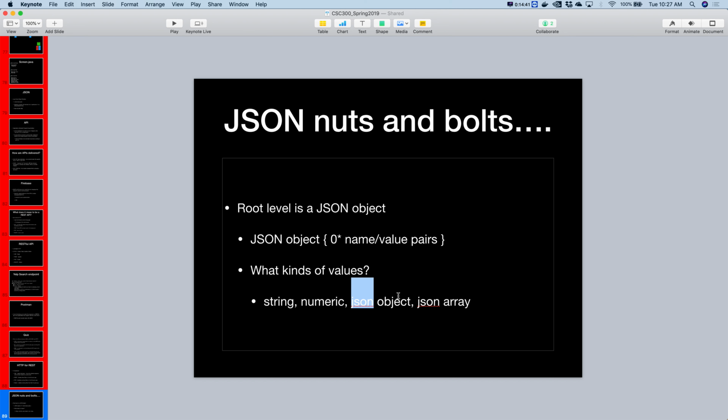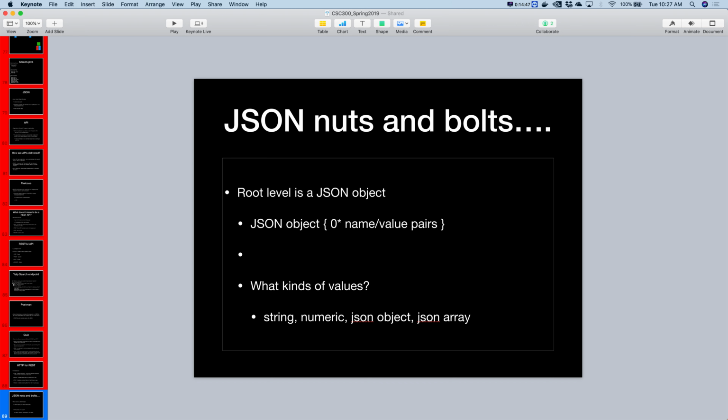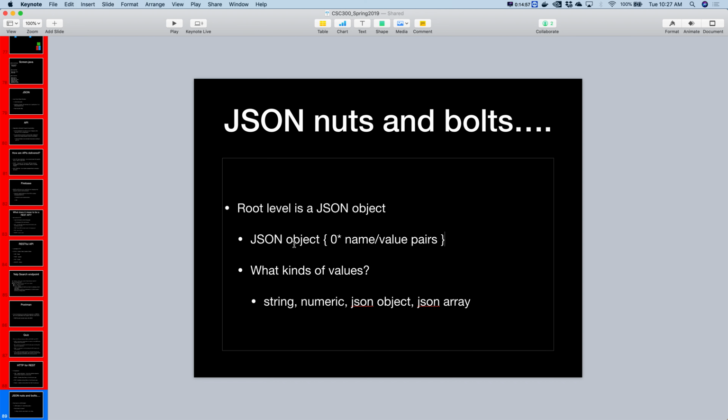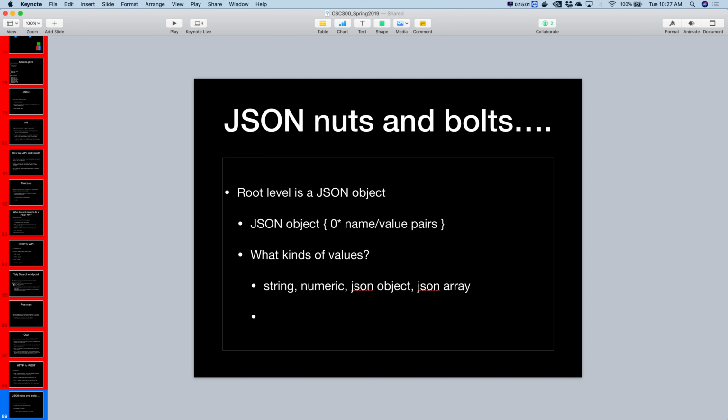objects. Well, what's a JSON object? This guy right here. Make sense? Now, we also have something called a JSON array. Okay, and a JSON array is, actually I'm going to put it down below because I want to keep specifying up here that the root level is a JSON object. So a JSON array